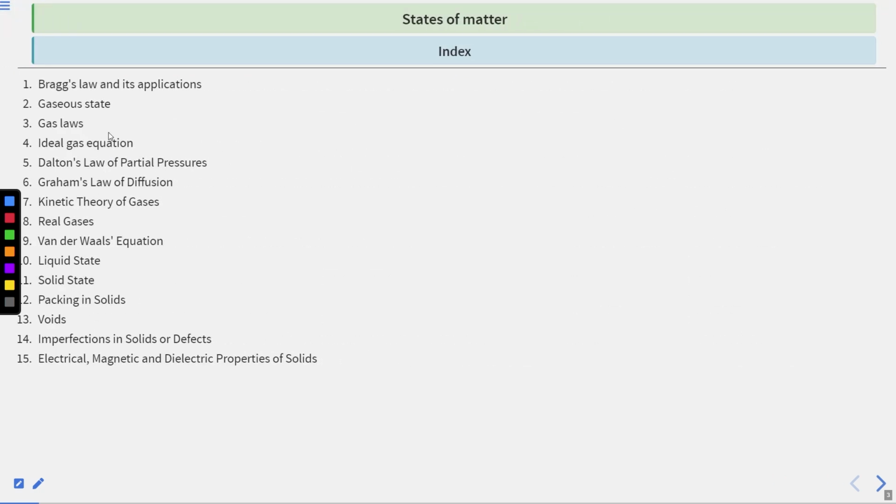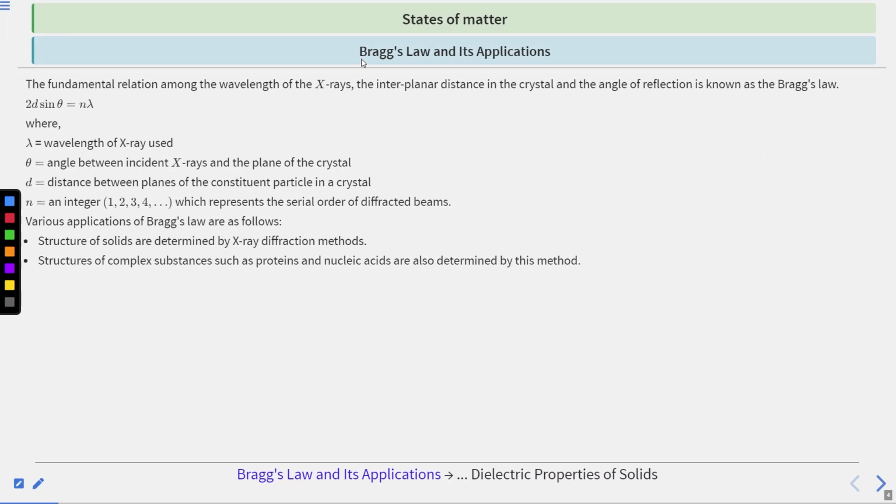So these are the major topics which we are going to study. First is Bragg's law and its applications. The fundamental relation among the wavelength of X-ray, interplanar distance in the crystal, and angle of reflection is known as